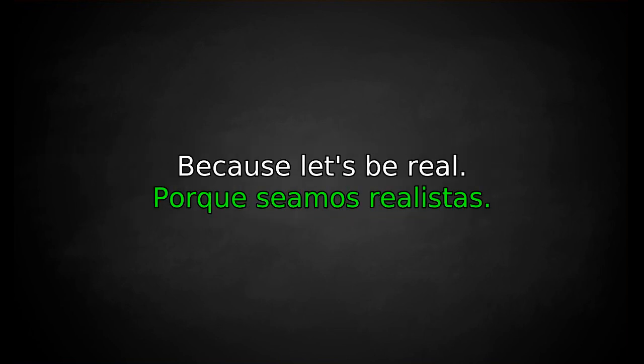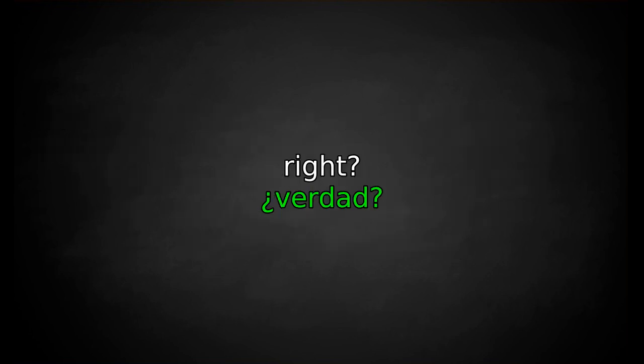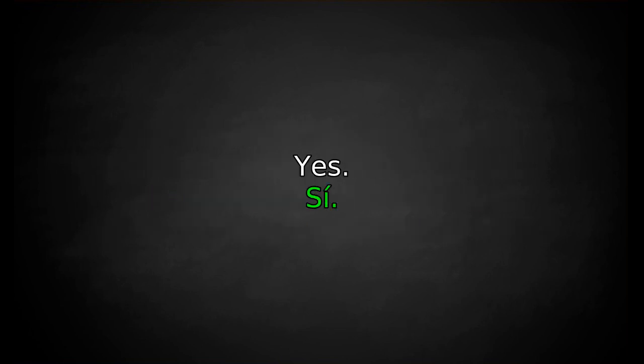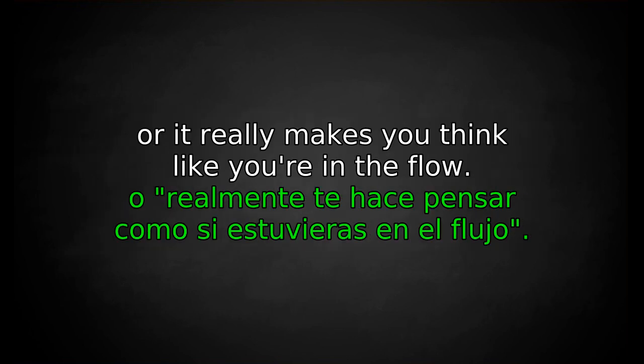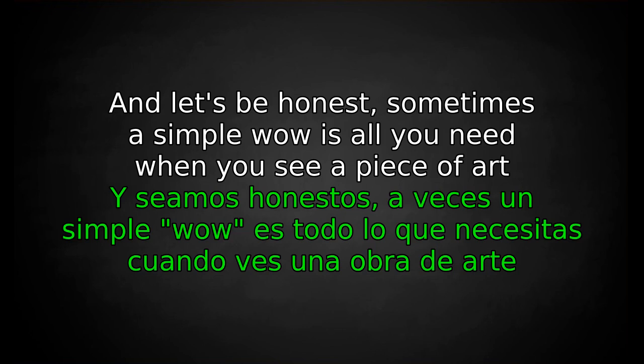Because, let's be real, sounding natural in a new language, it's not just about memorizing a bunch of phrases, right? It's about those spontaneous reactions, the wow moments. Capturing the feeling. It's about those authentic sounding things you might overhear other visitors saying, like, this artist's use of color is incredible, or it really makes you think. Like you're in the flow. Exactly. It's like they've bottled the essence of museum chatter and given us the formula. And let's be honest, sometimes a simple wow is all you need when you see a piece of art that